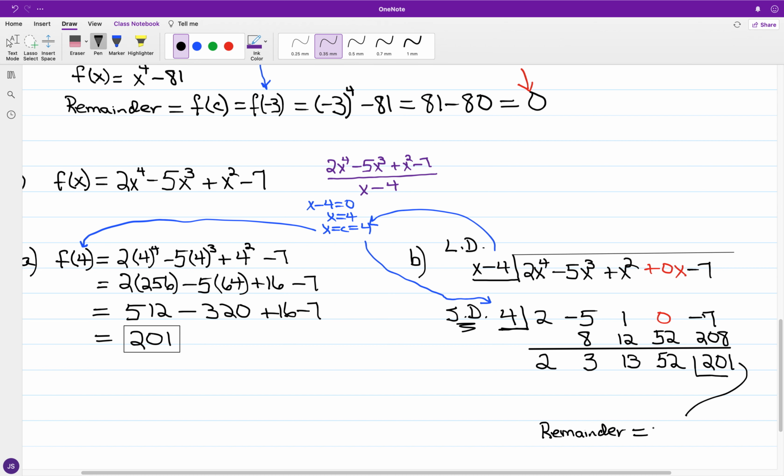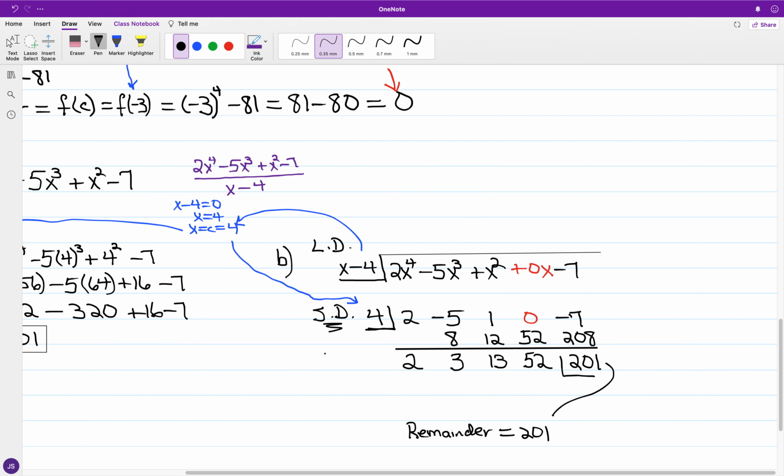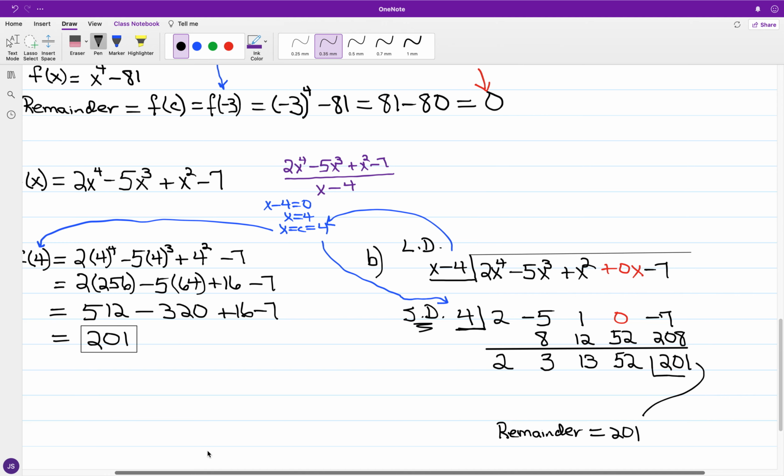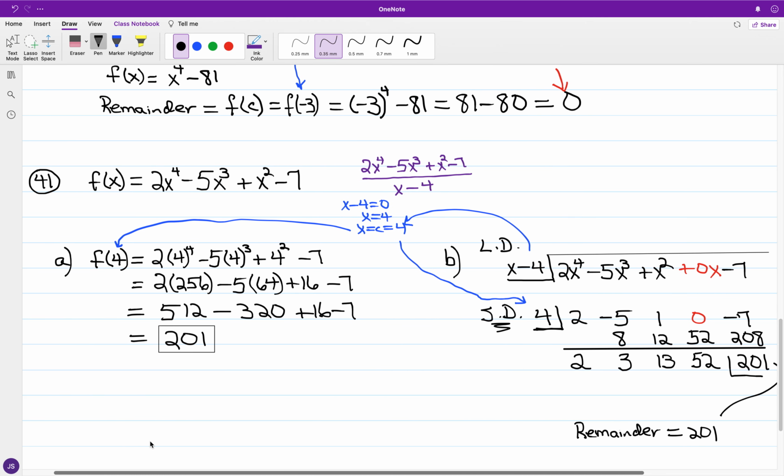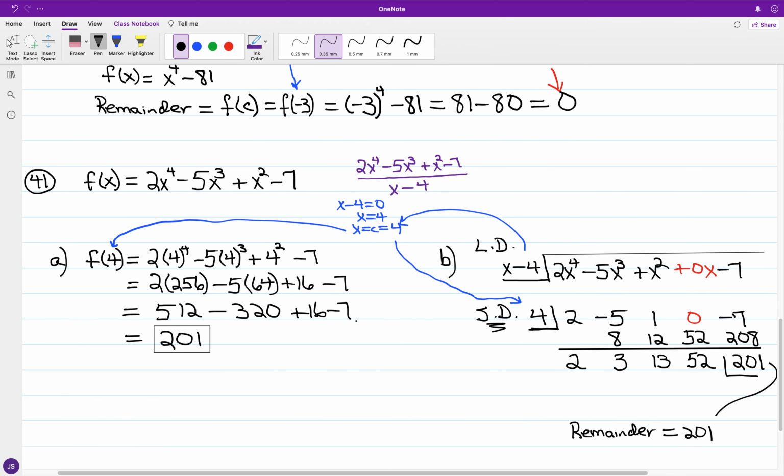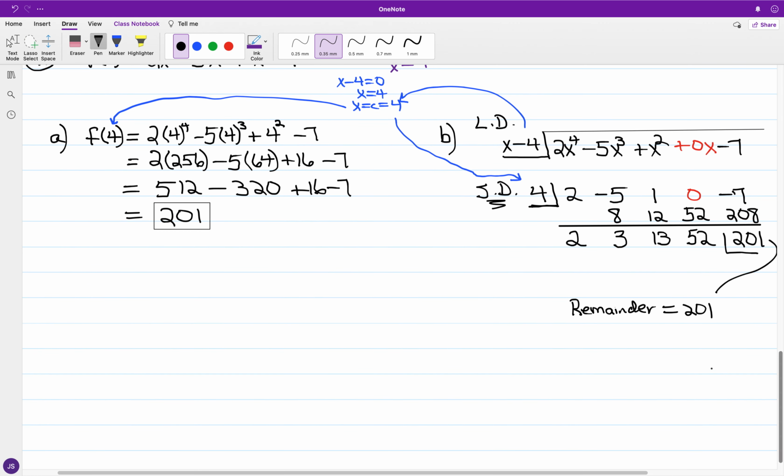And once again, we have the remainder at 201. And again, those numbers are going to be the same. So we got the remainder from the remainder theorem in part A, and then through synthetic division in part B. And for what we have in the case of 42,